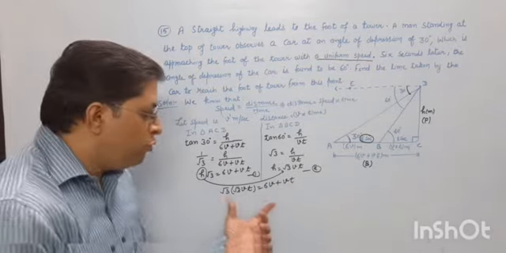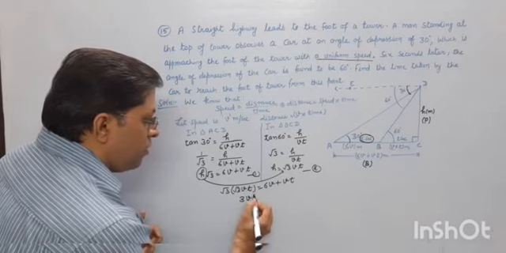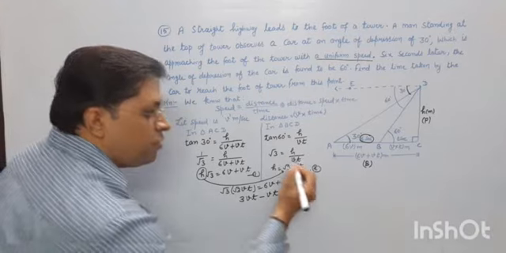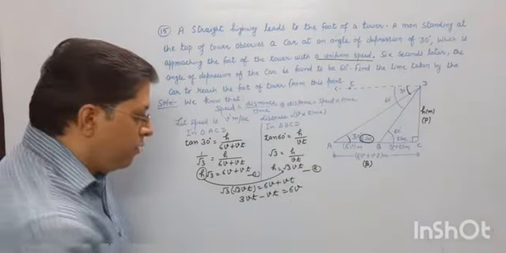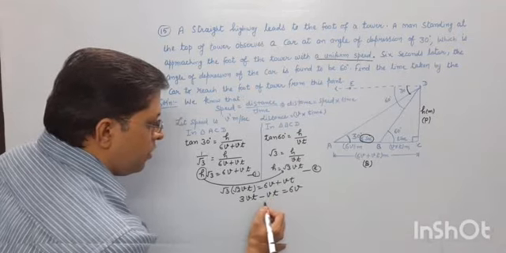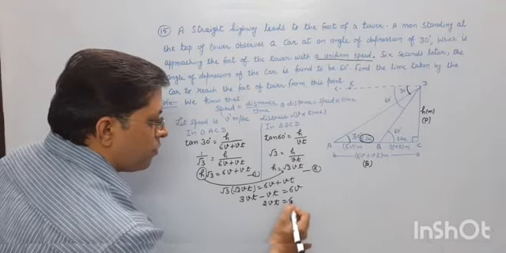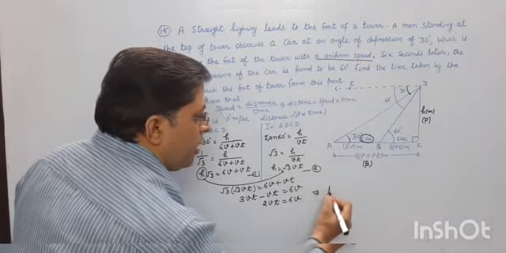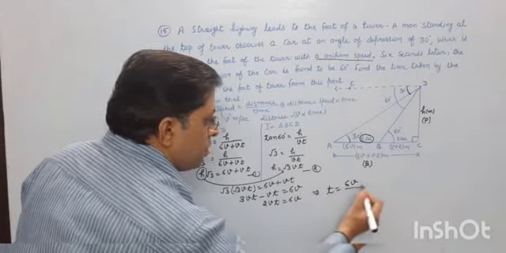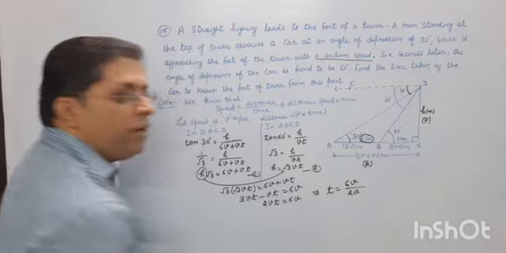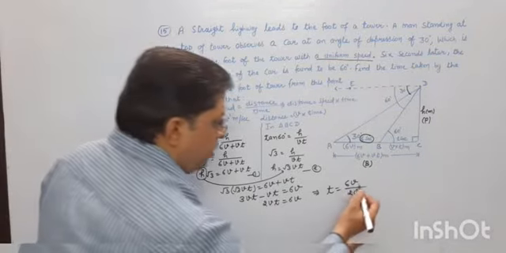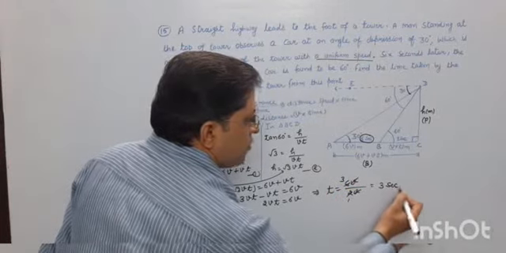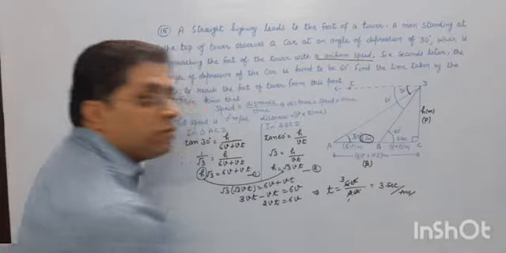Okay. Then what to do? See here. Root 3 into root 3 is 3 VT. And send one VT here, minus VT. This will be 6V. Then 3 VT minus VT will be 2 VT, that is 6V. Okay. Then what will be T? We have to find T. Ultimately you have to find T. 6V upon 2V. Then V and V cut. 2 1s are 2, 2 3s are 6. So T is 3 seconds. This is your answer.